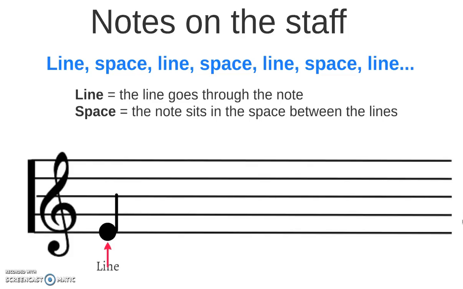When we say line, we mean that the line goes through the note. So this line here goes through the center of the note head. This is the note head, the circle part. When we say space, we mean that the note is in the space between these two lines. So as you go up, line, space,